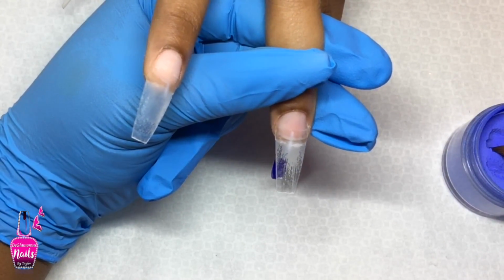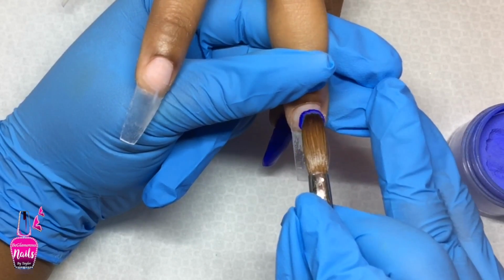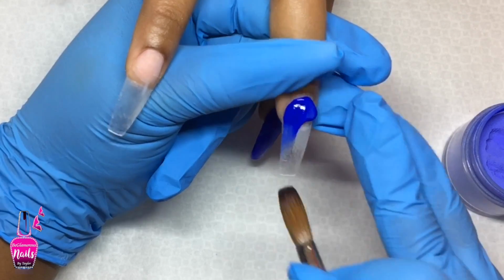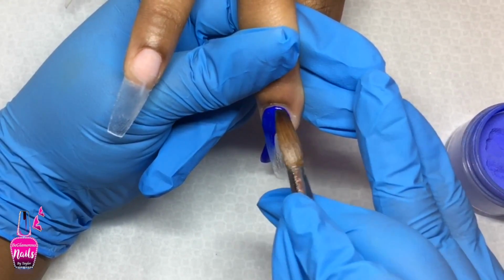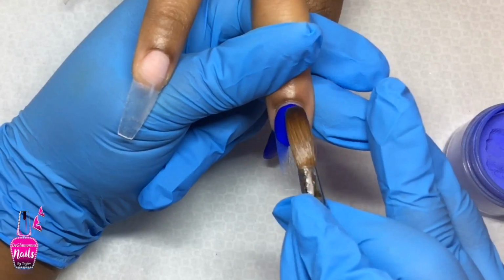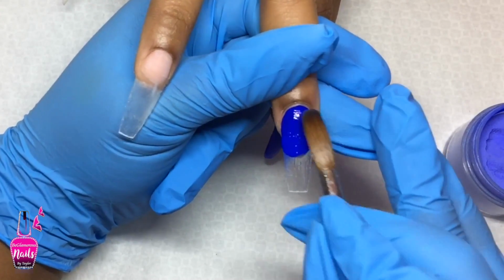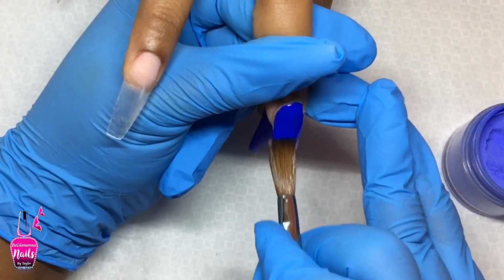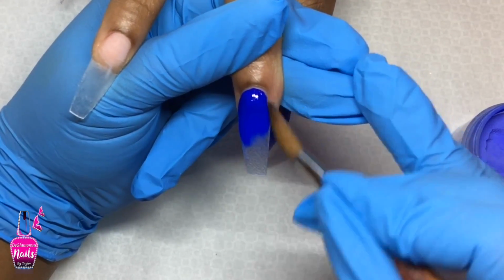This is the method that I like to use when laying my acrylics. I start at the cuticle area, make sure that my cuticle area is nicely laid, my sidewalls are nice and flat, and then I pull that bead up to the middle of the nail as far up as possible before it starts to set up, making sure to remove any product that would have gotten on the sidewalls,